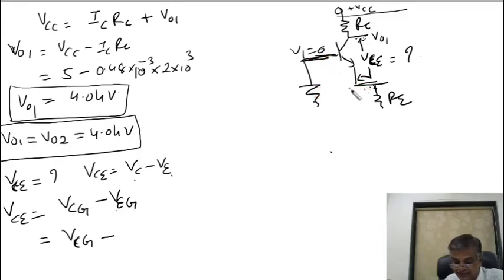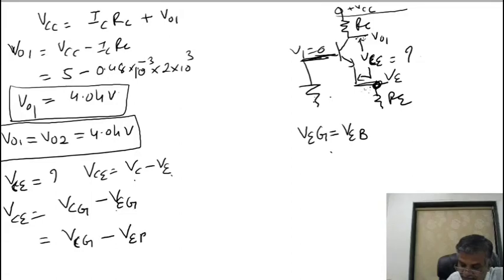So for this, very simple, I can say this voltage is VE. VE, voltage with respect to ground, is nothing but VE with respect to base. For this circuit only I am discussing. This ammeter voltage with respect to ground means ammeter voltage with respect to base. So here I should write ammeter voltage with respect to base